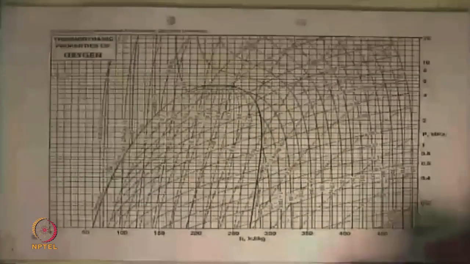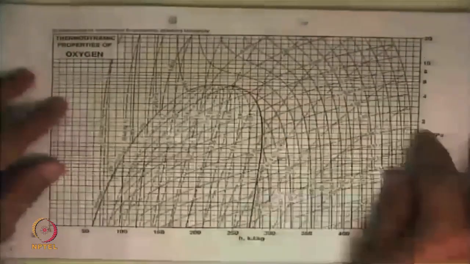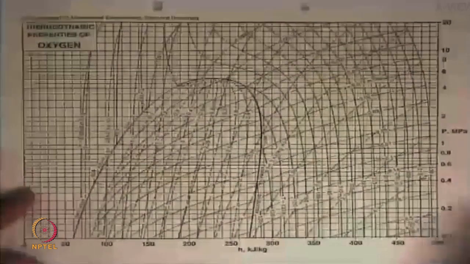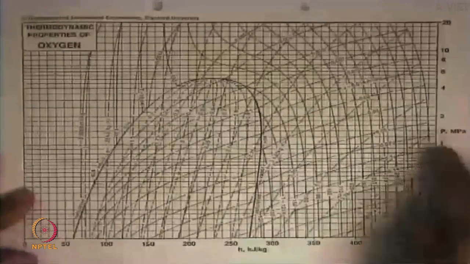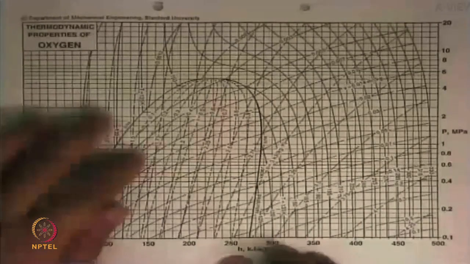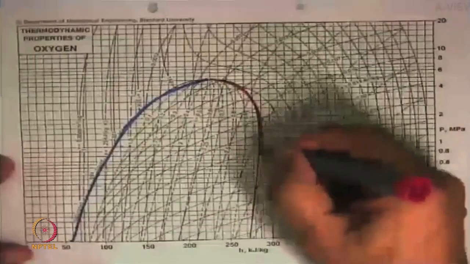And another substance that I'll put up here is oxygen. Simply because now the scale of temperatures is completely different on this. But you can look at the shape of this, it's exactly the same. Okay, so here we are. Pressure in megapascals, 0.1 megapascal, 1 megapascal, 10 megapascal. Specific enthalpy, h. And same thing we see here, saturated liquid line over there, saturated vapor line over there, just like what we had seen qualitatively there. So this is your saturated vapor line, and on the other side we end up getting the saturated liquid line.